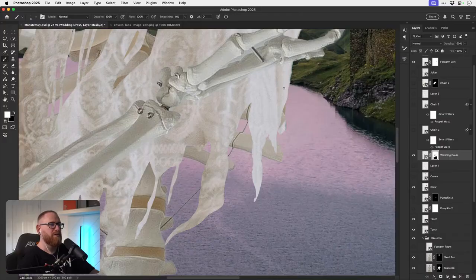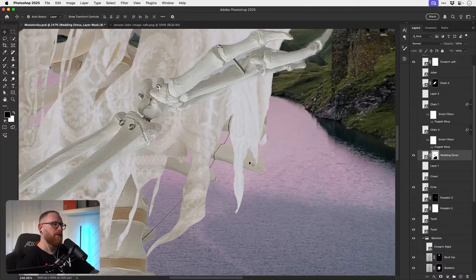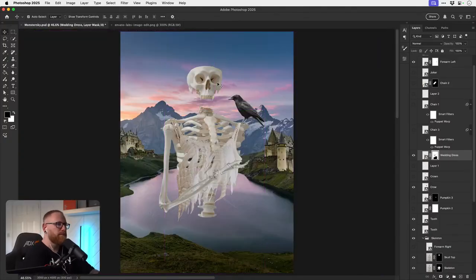Yeah, it's way too perfect. Here we go. Ruin your dress. Oh yeah, I'm pretty confident that can work. I wasn't sure, but I think that's going to look really good.